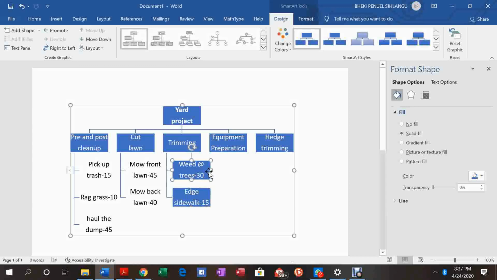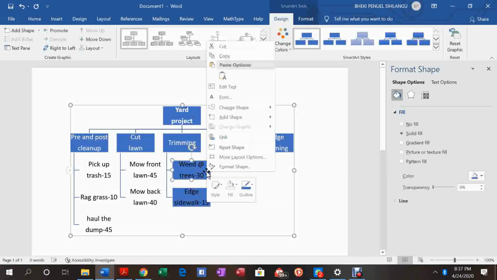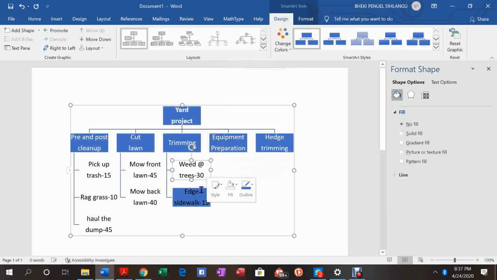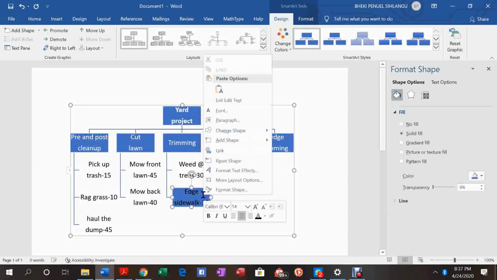I don't need a shape filler, so the first thing is to change the font color of my text. I'm gonna make it black. I highlight everything, then I make it black. It's black, then I don't need a shape filler. Right click, no shape filler. Done. Come to the next one, right click,